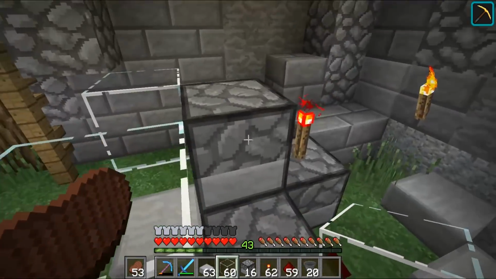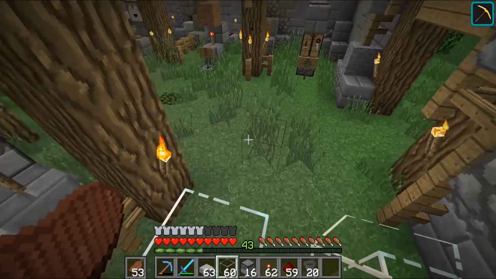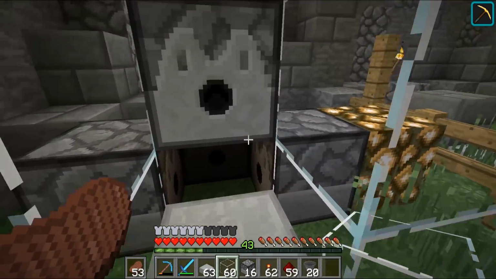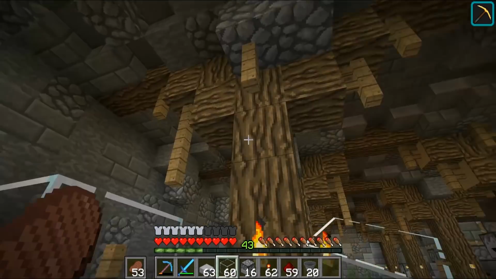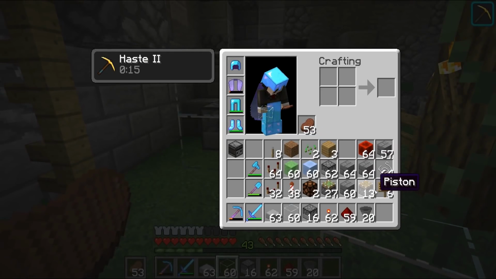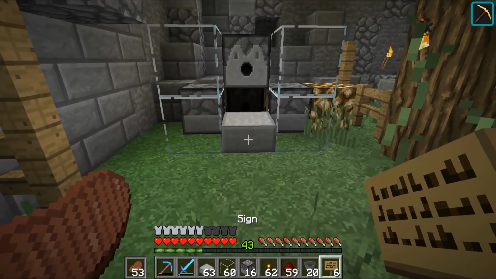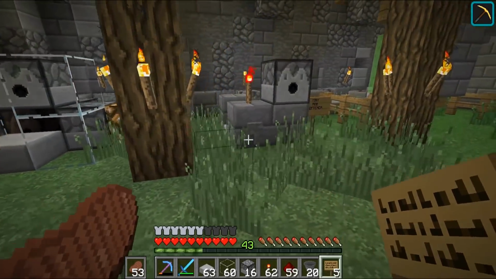is my tiny TNT cannon. That was it. That was literally the entire build. TNT goes here, TNT goes right here. That redstone torch eventually powers this. Boom, shoo, boom. Awesome, awesome, awesome. I'm going to place in this sign right here. Tiny TNT cannon. And that